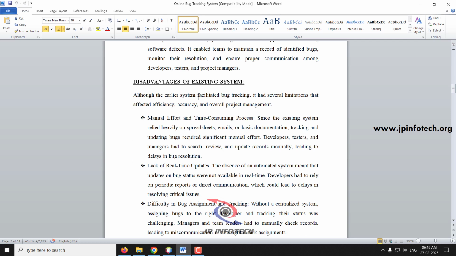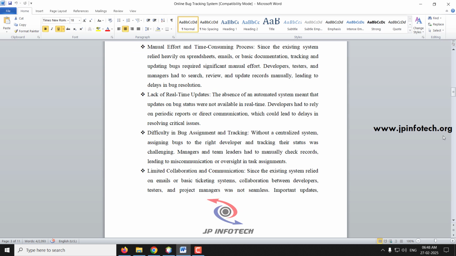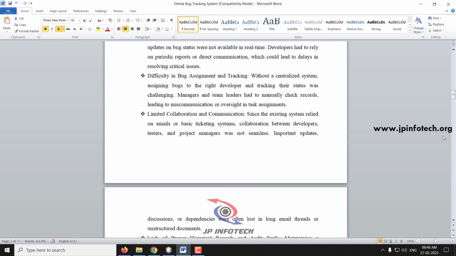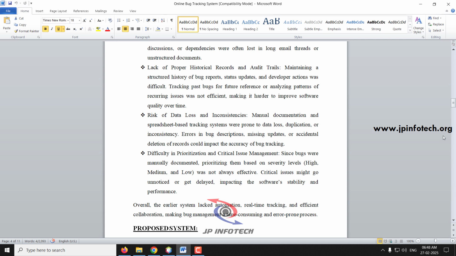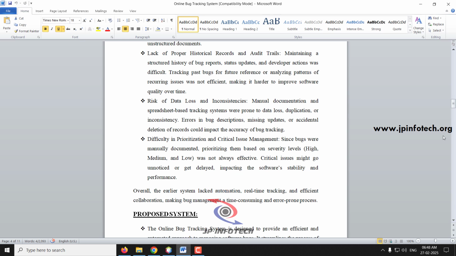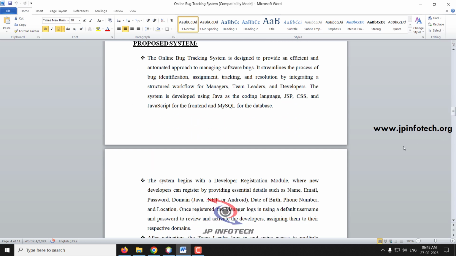Coming to the disadvantages of the existing system, the main ones are: manual effort and time-consuming process, lack of real-time updates, difficulty in bug assignment tracking, limited collaboration and communication, lack of proper historical records and audit trails, risk of data loss and inconsistency, and difficulty in prioritization and critical issue management. Coming to the proposed system, as mentioned, we are going to develop an online bug tracking system